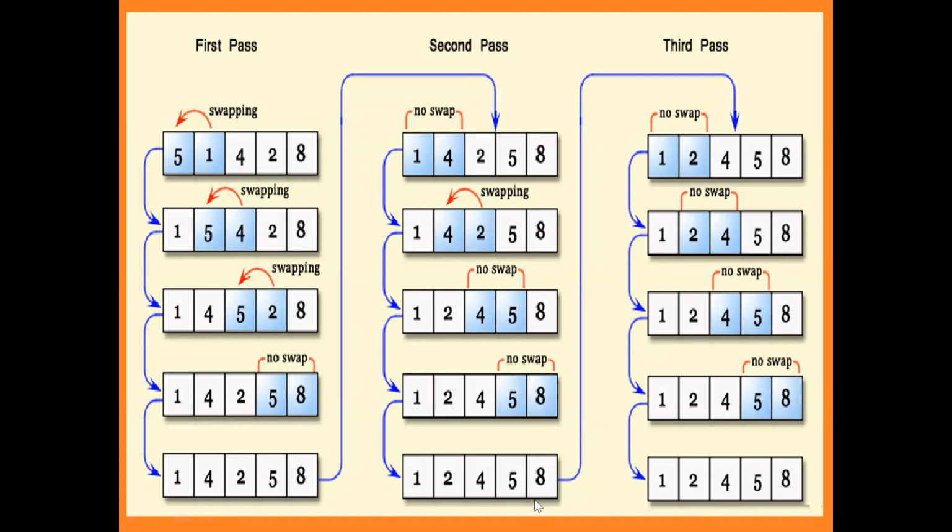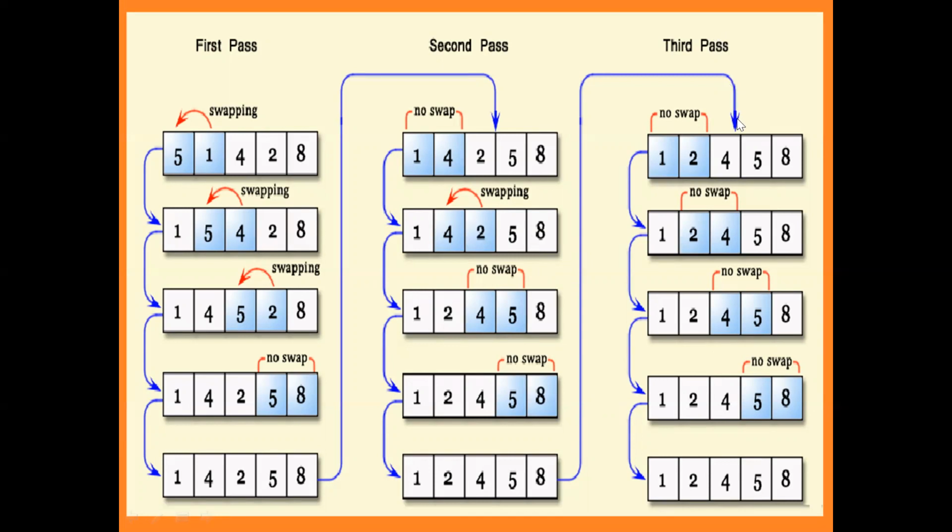But at this point, we don't know whether the list is sorted or not. We can understand that the list is already sorted when, from the beginning to the last position, we are not doing any swappings. But in this pass, we did one swapping. So we don't know whether, after reaching the last position, the list is in sorted order or not. That is the reason why we need to start one more pass, right?